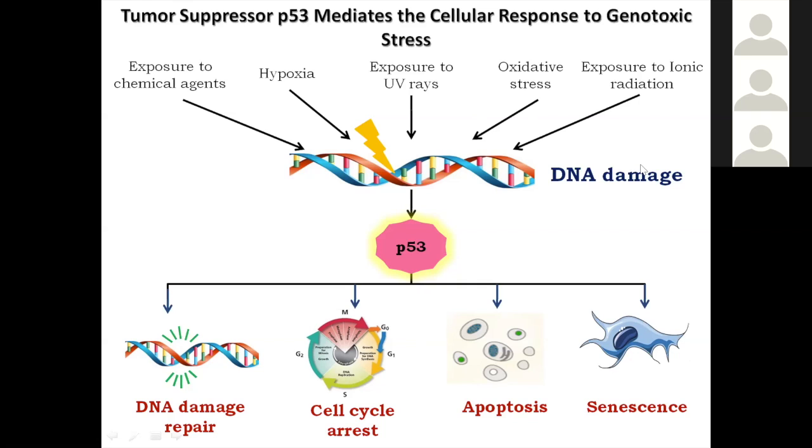All of this which cause damage to DNA will cause activation of P53. So P53 will get activated, and what it does, it immediately causes cell cycle arrest because it prevents the cell with the damaged DNA from further dividing, and it uses that opportunity to do DNA damage repair. And if it fails to do that, so if the damage is so extensive, it will cause apoptosis of the